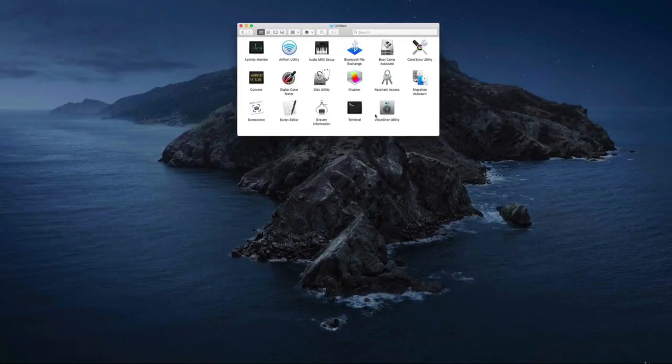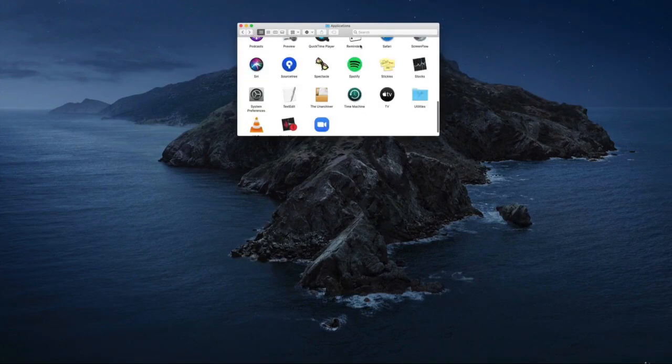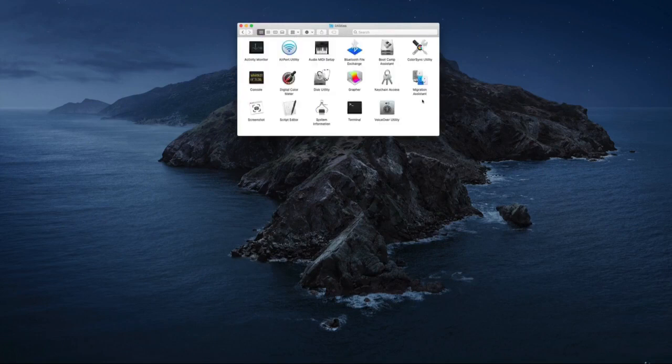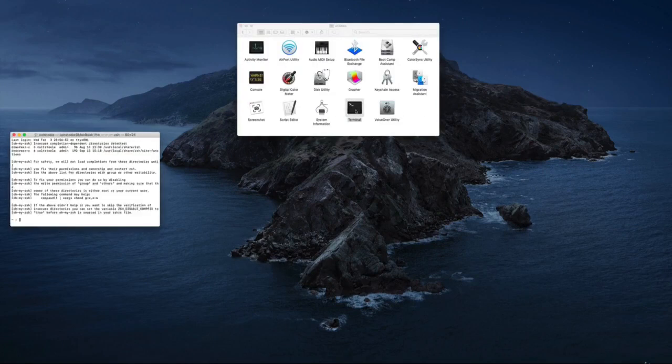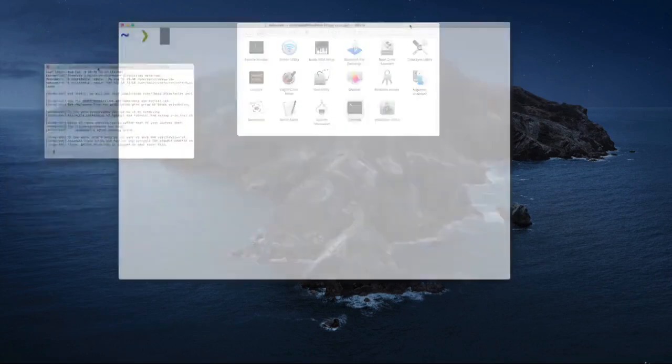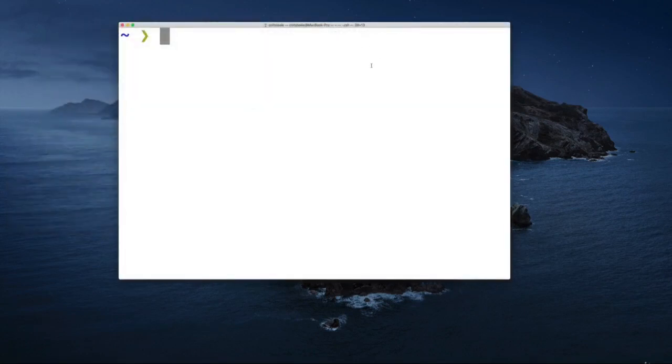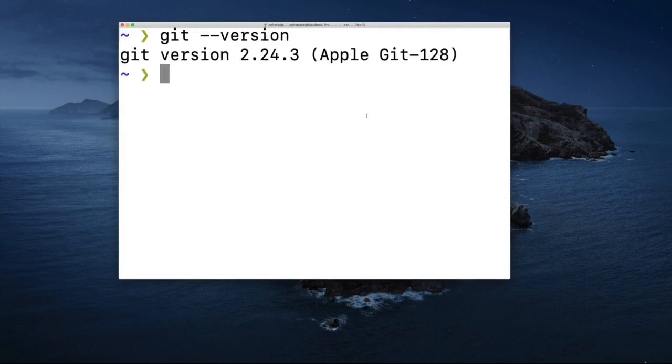I'll just be using throughout this course the built-in terminal utility on a Mac. So it's in Applications, Utilities, Terminal. But I usually just search for it, and honestly, it's pretty much always open on my machine. All right, so the command that we'll run to check our version is git --version. So I see 2.24.3. I really don't need to upgrade or update, but just to show you how to go